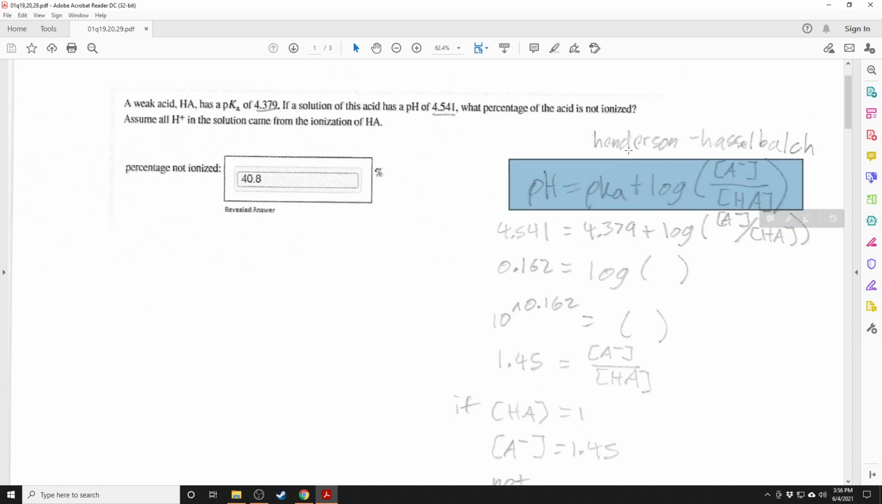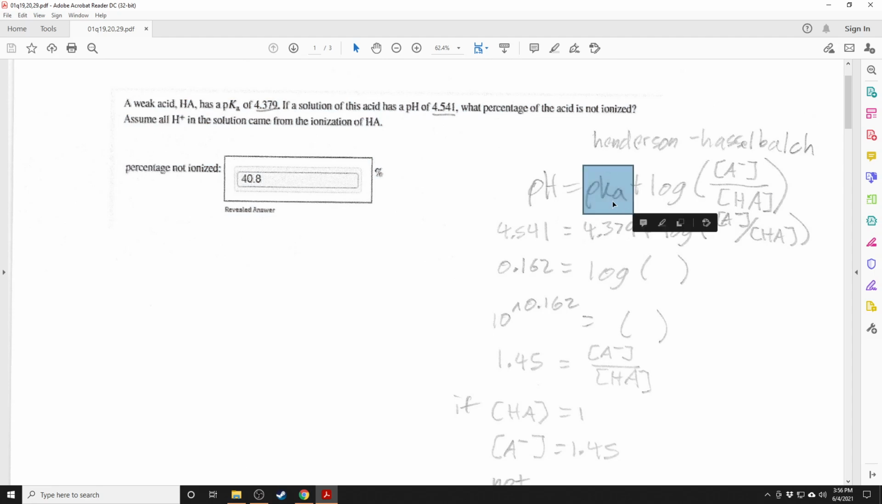This is the Henderson-Hasselbalch formula. pH equals pKa plus the log of A minus over HA. So right here you have the pKa. This is the book value for that acid dissociation constant. This right here is your pH. This is the actual pH of your conditions. So for example, right here you have a pH of 4.541. And then finally we have the log. This is the log base 10 because these are both log base 10 numbers. So you have book value plus log of